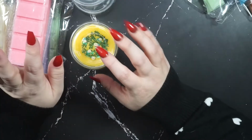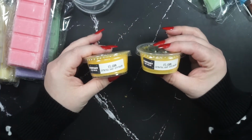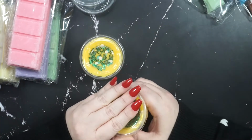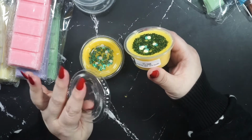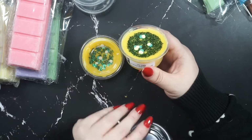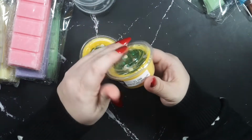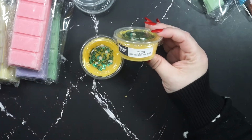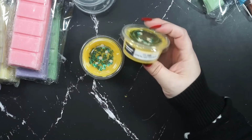So first and foremost, we have It's Corn, which is cornbread and sugar corn pudding. And I feel like I don't even need to say anything about this. If you've watched any of my wax hauls or wax videos, you know this is a god tier scent for me. This is easily an all-time favorite that Fantasy Wax has ever done. I just love cornbread scents. I love sugar corn pudding scents. You cannot go wrong. It's a top tier scent, and this is just